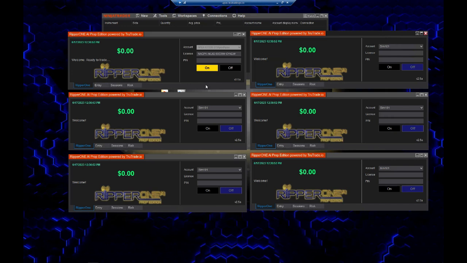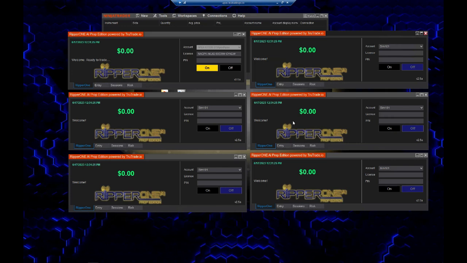So obviously, you can see the extreme power of this product. It's extremely powerful. Multiple entries, built-in trade copier. It's better than a trade copier because this is allowing you to micromanage, control risk on each individual account. This could be from one prop company. This one could be from a different prop company. This could be a 50K eval. This could be a 300K funded account, and all of these can run at the same time, take the same trades, and adjust the exposure based on the multiplier to each individual account.